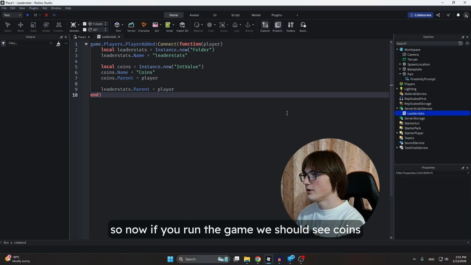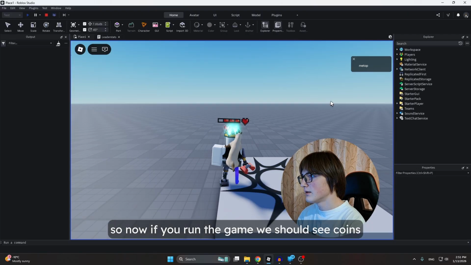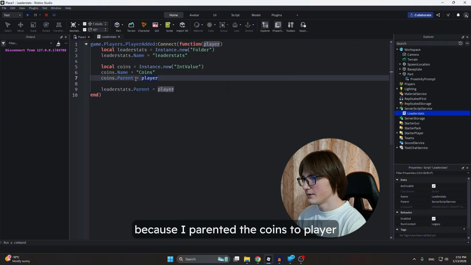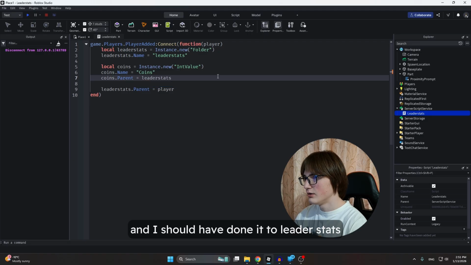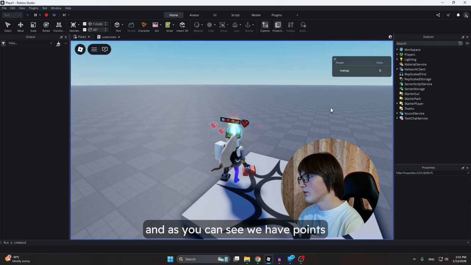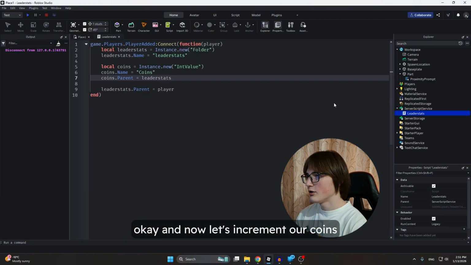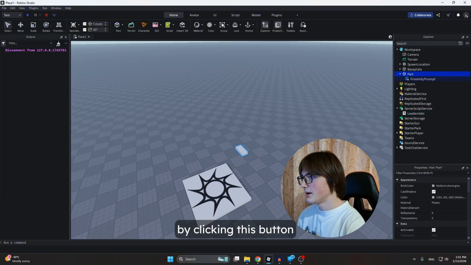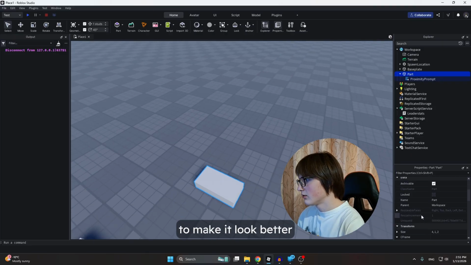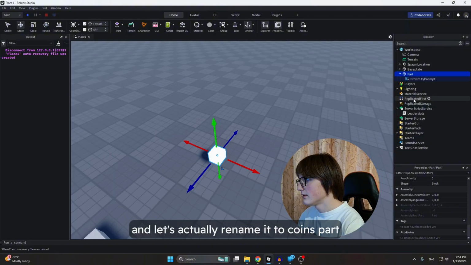Now if you run the game, we should see coins. Okay, we don't see coins because I parented the coins to player and I should have done it to Leaderstats. Let's run the game once again, and as you can see we have coins. And now let's increment our coins by clicking this button. I will change some properties of this part to make it look better, and let's rename it to coins